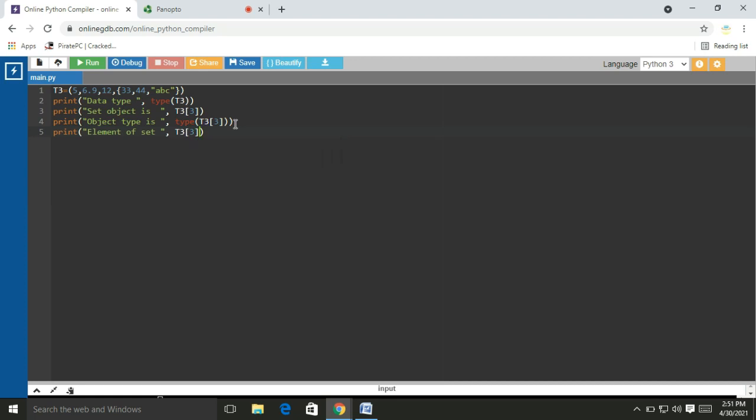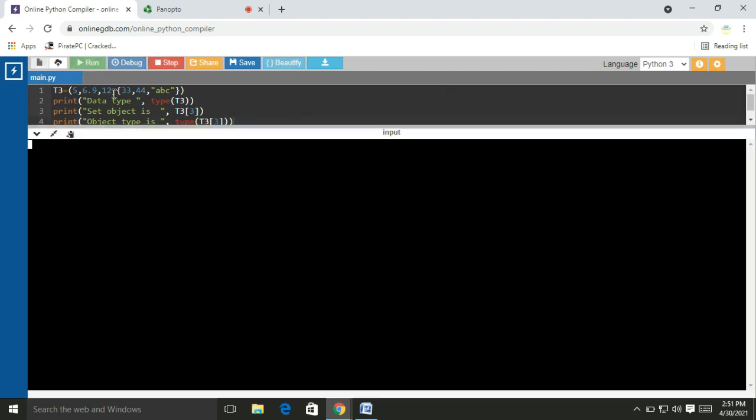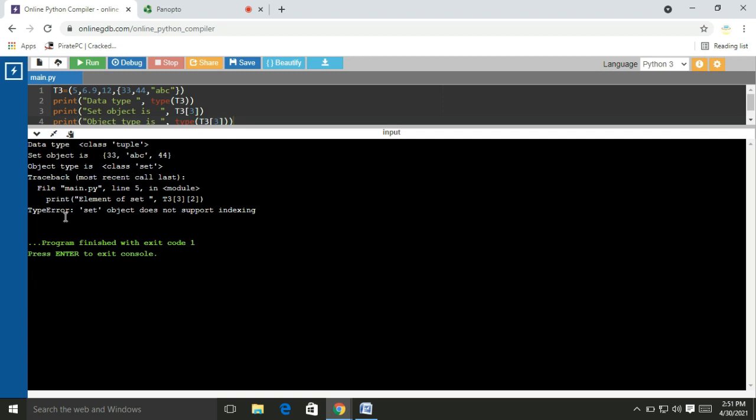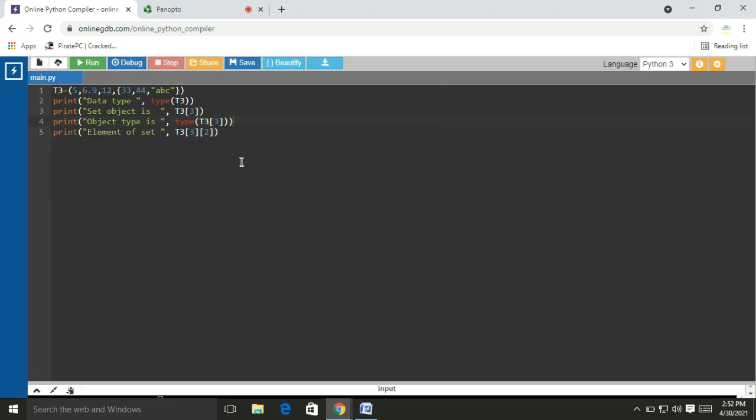To access ABC, 0, 1, 2, we will write 2. What happens? It will generate an error. I will show it to you. So, type set object does not support indexing. Okay friends, here we observe that sets are not indexable. By this example, we learn how to keep a set within a tuple.